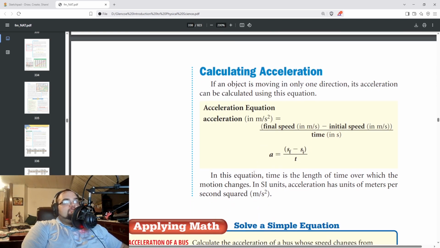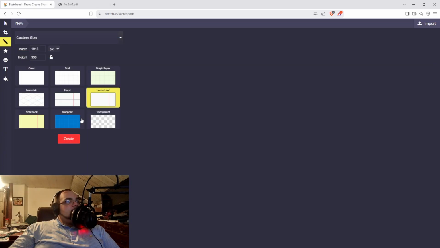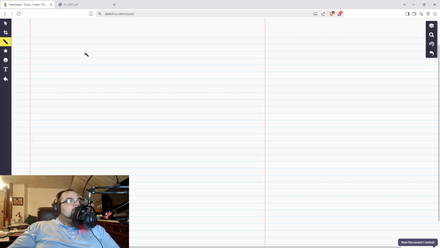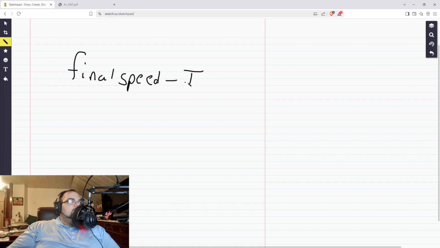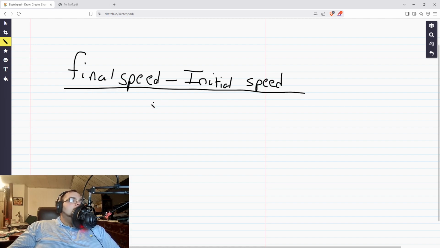Calculating acceleration. If an object is moving in one direction, we can easily calculate its acceleration. All we need to do is take the final speed. Let me get a new page going. We need to take the final speed. We need to subtract the initial or starting speed. And we need to divide by the time